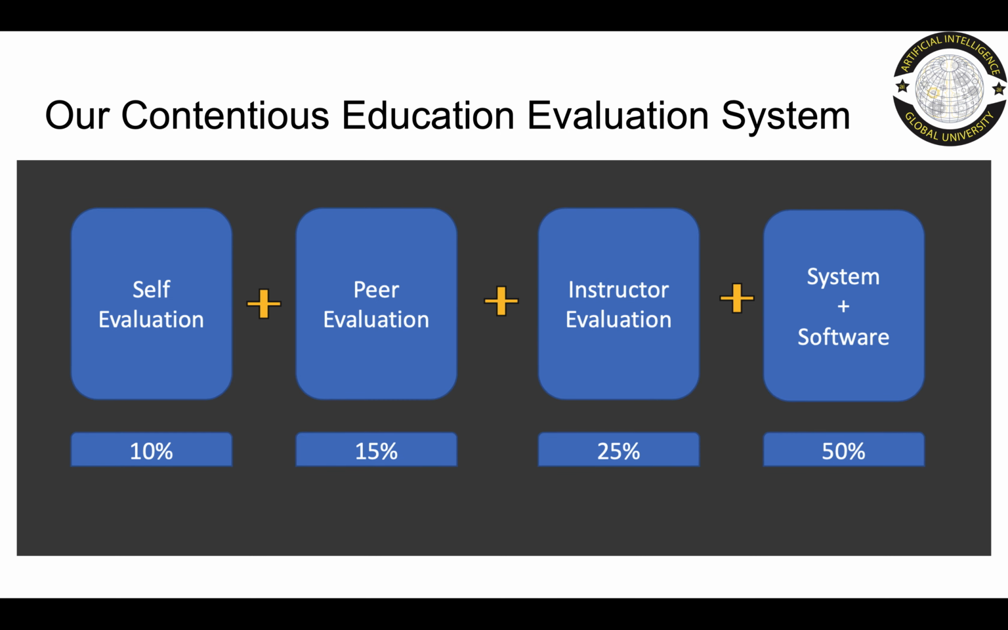The educational evaluation system is very different in AIGU. We use an industry-based 4-step evaluation system. We use peer evaluation, self evaluation, instructor evaluation, and AI software-based evaluation. And combining them, we can understand how a student is doing on a weekly basis, and that evaluation is given to